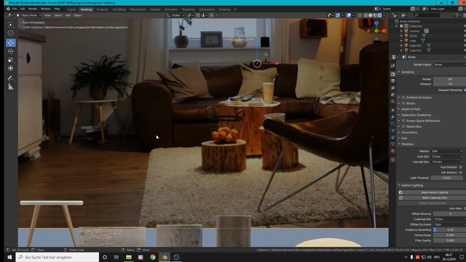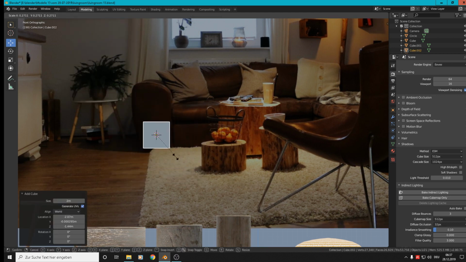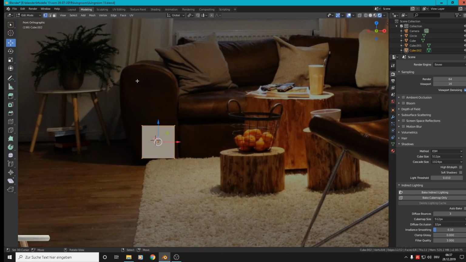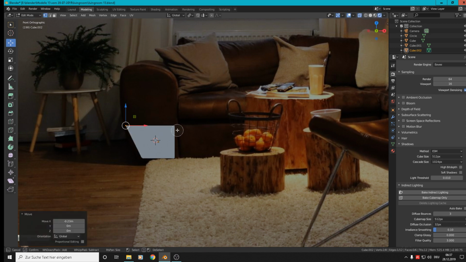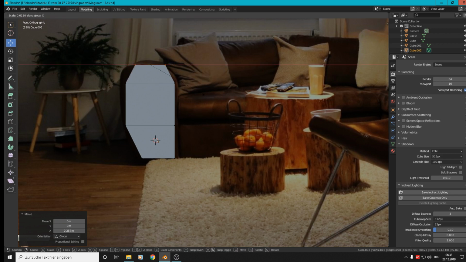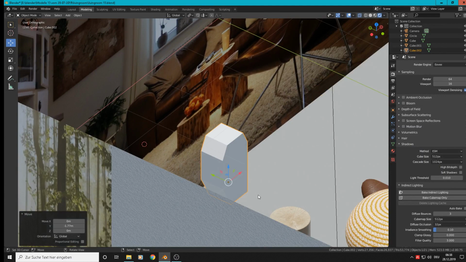So we want to start with the couch. So add mesh cube, scale down, get the one side, edit mode, Alt A, with background selection, C circle selection, get this part, then get both parts, extrude again, scale X. That is the form. And when we now scale them in the Y